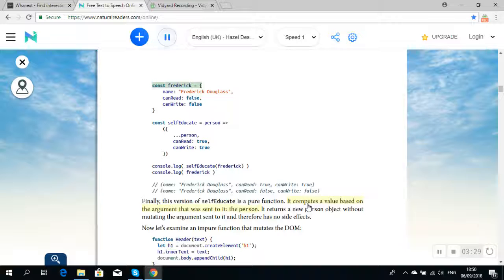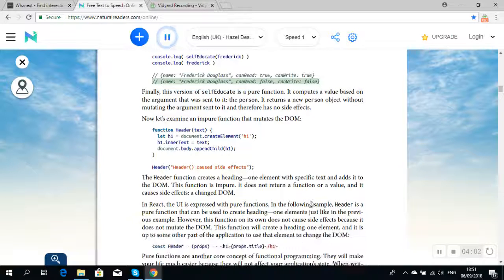const frederick = { name: "Frederick Douglass", canRead: false, canWrite: false }; const selfEducate = person => ({ ...person, canRead: true, canWrite: true }); console.log(selfEducate(frederick)); console.log(frederick); // { name: "Frederick Douglass", canRead: true, canWrite: true } // { name: "Frederick Douglass", canRead: false, canWrite: false }